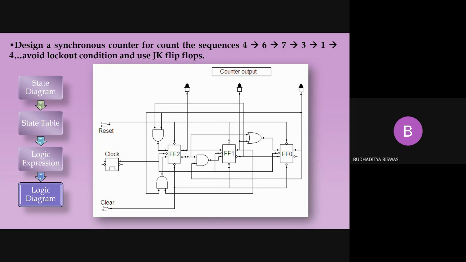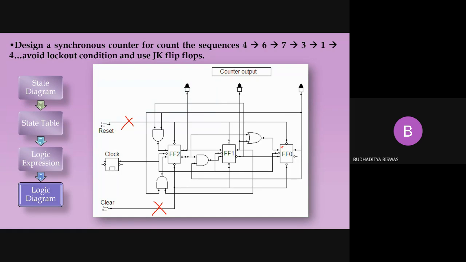And you see, in case of the logic diagram, as I am copying the logic diagram from the Circuit Maker software, that's why it looks like this. But in the original exam, you don't need to mention this clear and the preset. In Circuit Maker, as the preset and clear are there, you have to connect them somewhere. But in the actual answer, just draw the block diagram, rectangular blocks, like flip-flop 2, flip-flop 1, flip-flop 0. Give the inputs like this one.